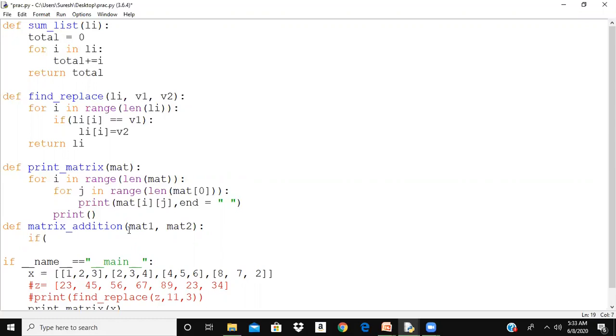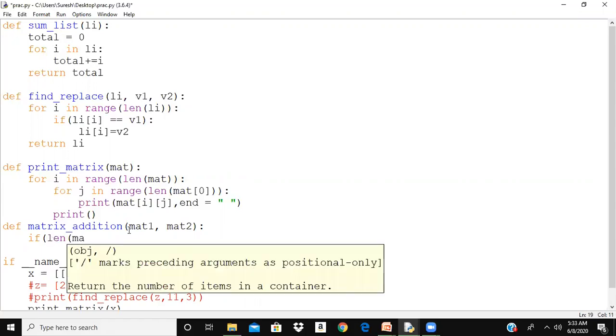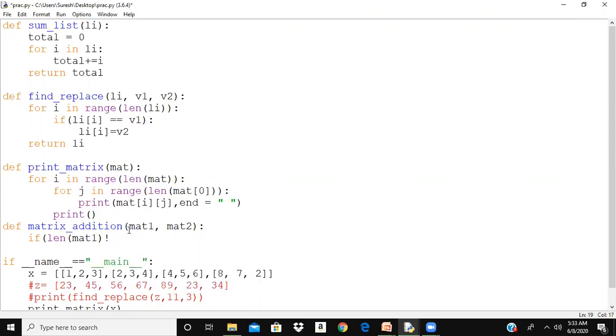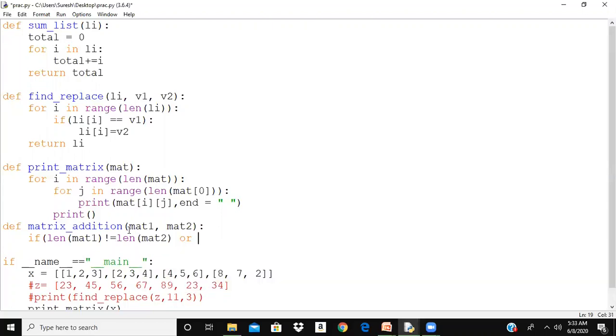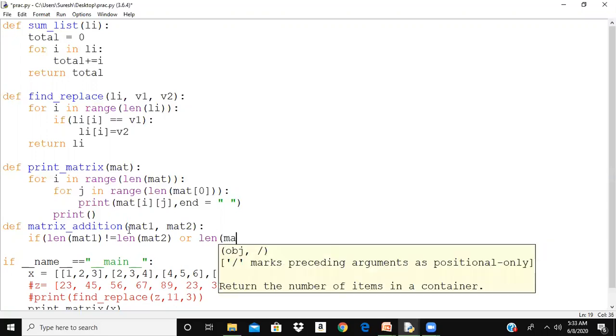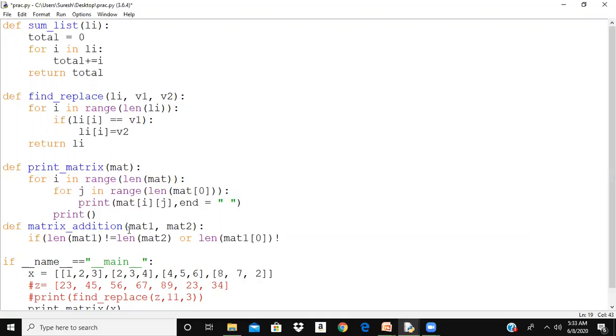So I can check this. Rows will be the length of mat. If length of mat1 is not equal to length of mat2, that is if the rows are not equal, or length of mat1 of 0, this is columns, is not equal to length of mat2 of 0.